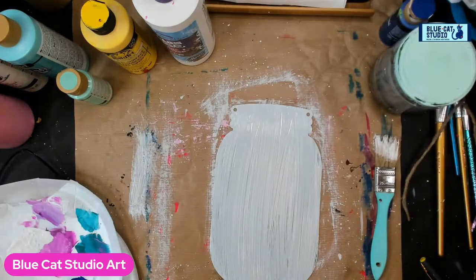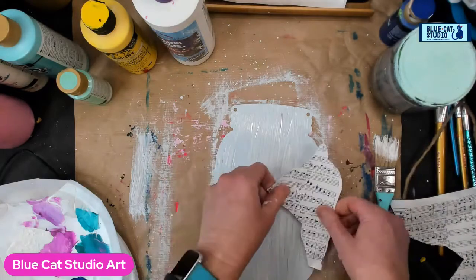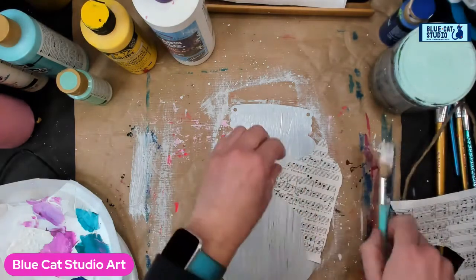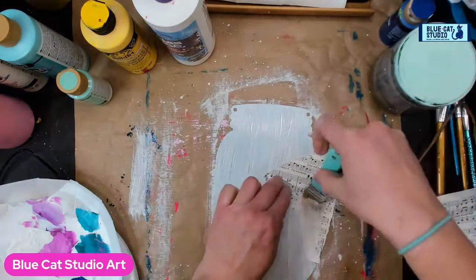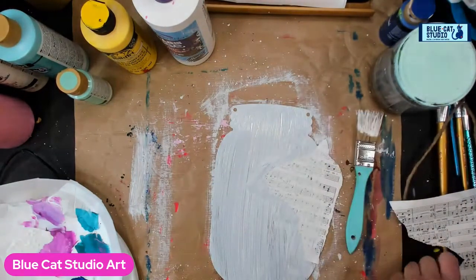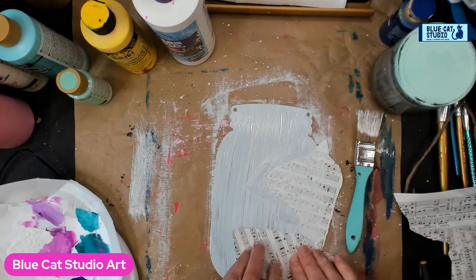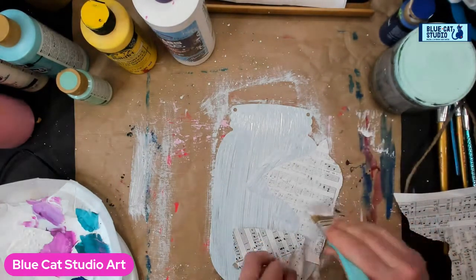And I'm going to grab some handy dandy sheet music, which I happen to have sitting around because that's what we do. I'm going to place it along the edge here and wipe it down. I'm just going to tear bits and collage it on. I think that's going to be the easiest route. And I'm going right over the edges because as this stuff dries, it's super easy to just,